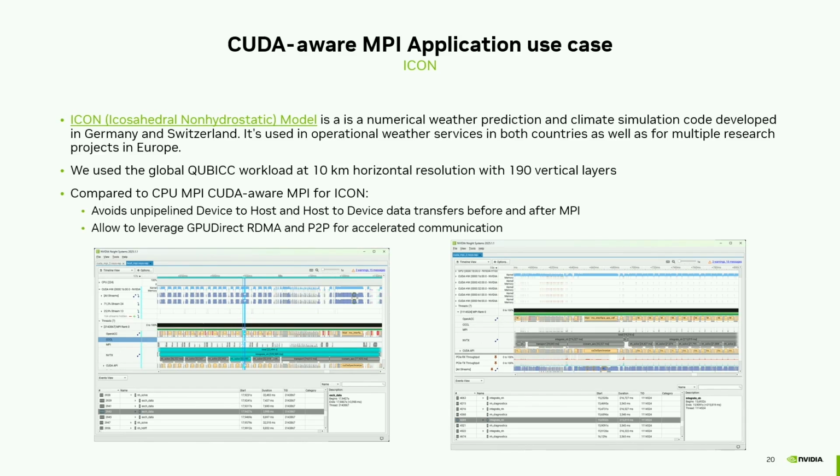Okay, so does it also translate to real application performance? And yeah, it does. What I've taken here as a CUDA-aware application use case is ICON, which is the icosahedral non-hydrostatic model, which is used for numerical weather prediction and climate simulations. It's developed in Germany and Switzerland, and it's used in operational weather services in both countries as well as in multiple other occasions. For this benchmark, we use the cubic workload at a 10-kilometer horizontal resolution with 190 vertical layers, which